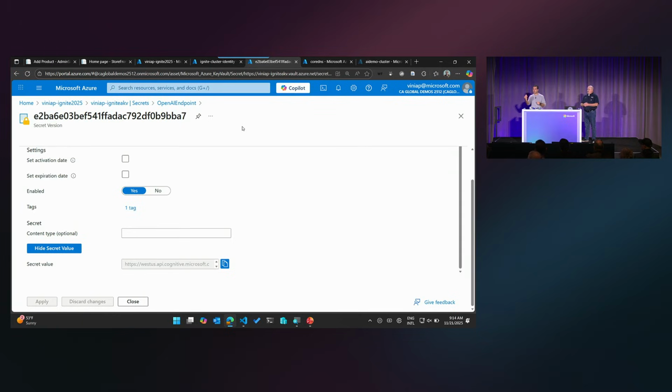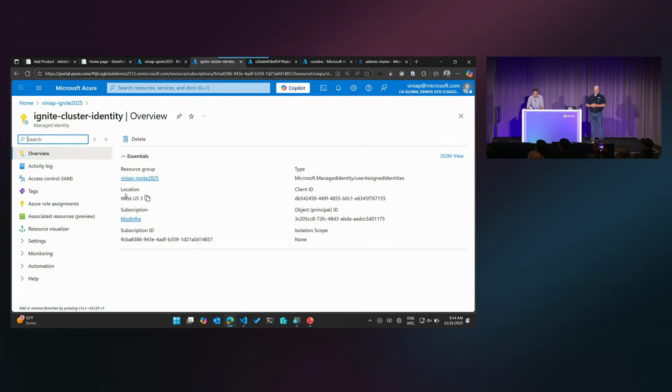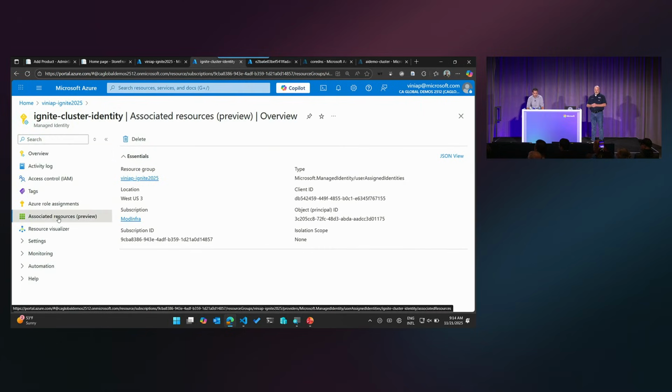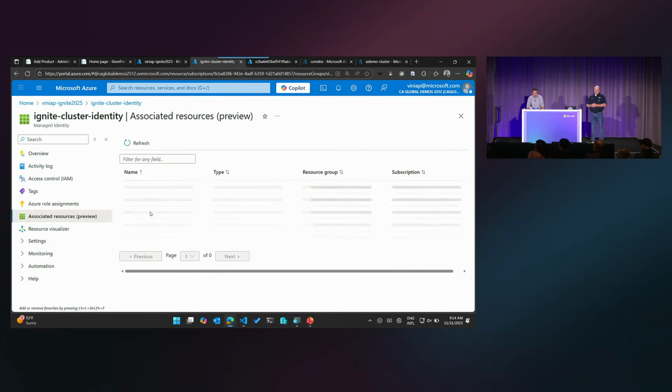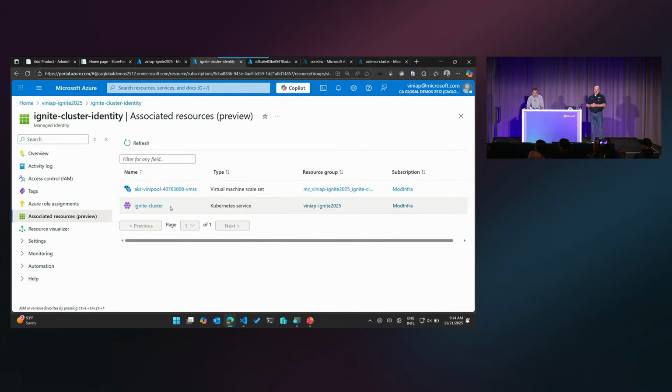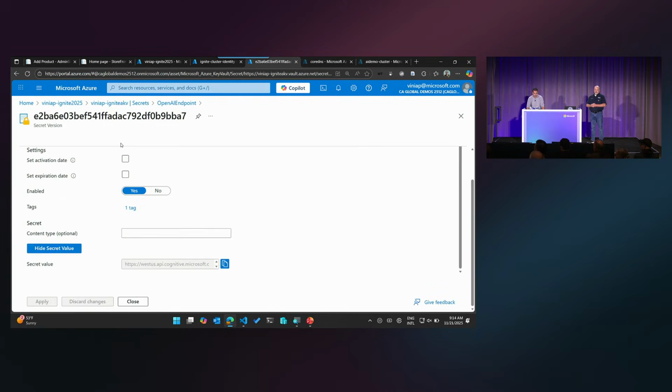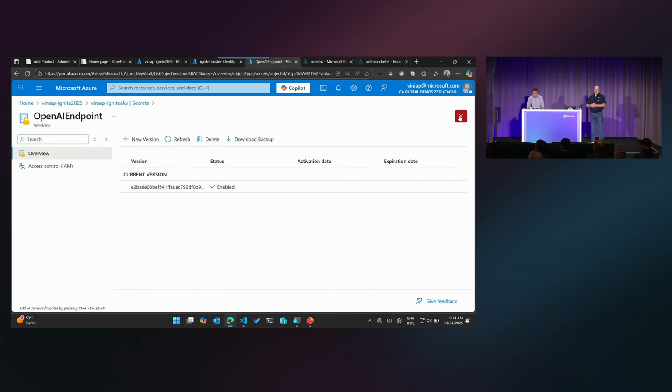Any guesses? Managed identity, right? So what we did here is, if I look at the managed identity that I have, I can see what are the associated resources. And I can see that my cluster is here, as well as the node pool. And if I look at the access inside of the Azure Key Vault, so let me go back.